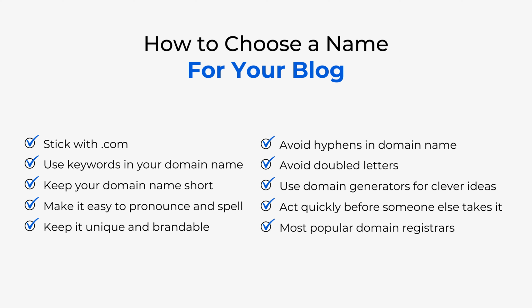The next thing you need to keep in mind is to keep it unique and brandable. This is something most people lag behind in. This is the point where 90% of people actually make mistakes. So you don't need to copy anyone. Your blog domain name must be unique. You can stand out in your reader's mind if you have a domain name which is unique. So it's smart to research other blogs in your niche and find out what domain names they are using, because you don't want to use a trademark name or get accused of copying another blogger, right? So make sure you don't make mistakes.